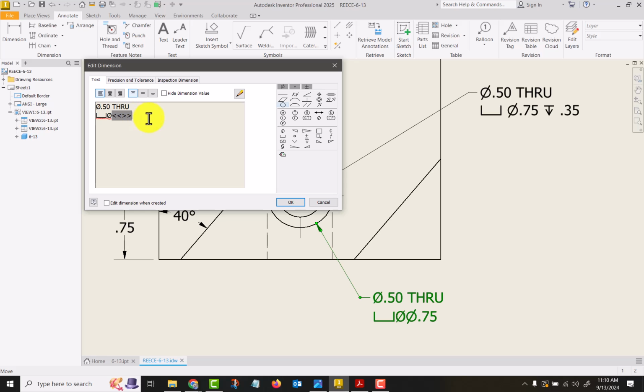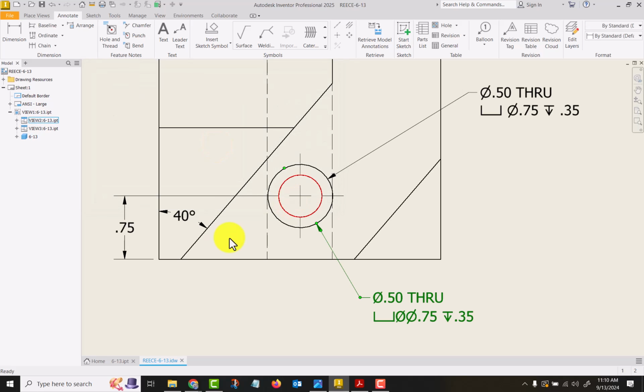And so I'll click to the right or arrow key to the right. I'm going to go with a space. And now I'll add my depth symbol right there. And then type it in and go OK. So you see that was a lot of work to dimension something, and so it makes it so much easier if you use the hole tool to create your holes. And if it's a threaded hole, by golly, it puts that thread information in there for you. Okay,